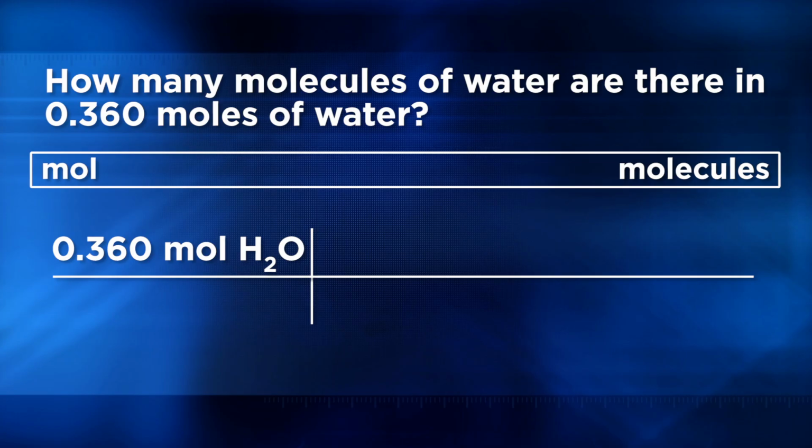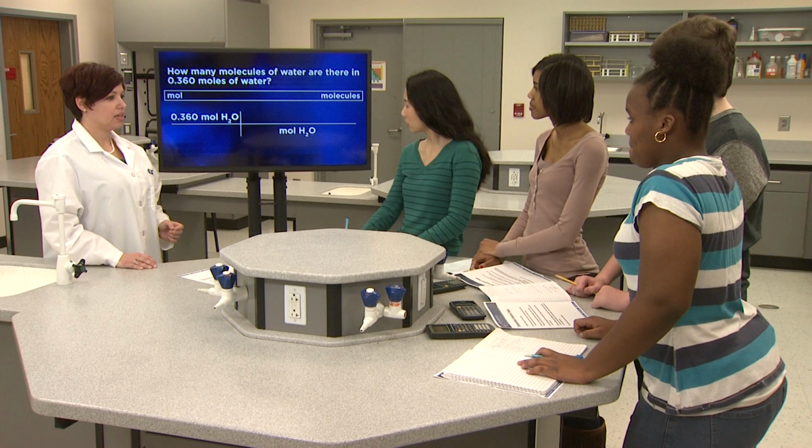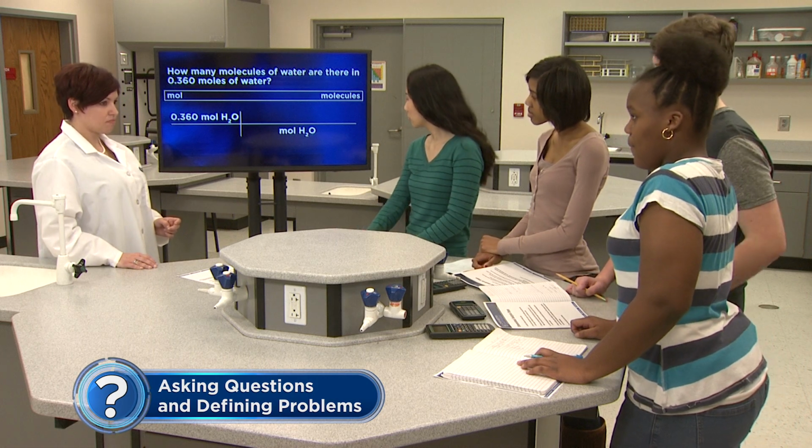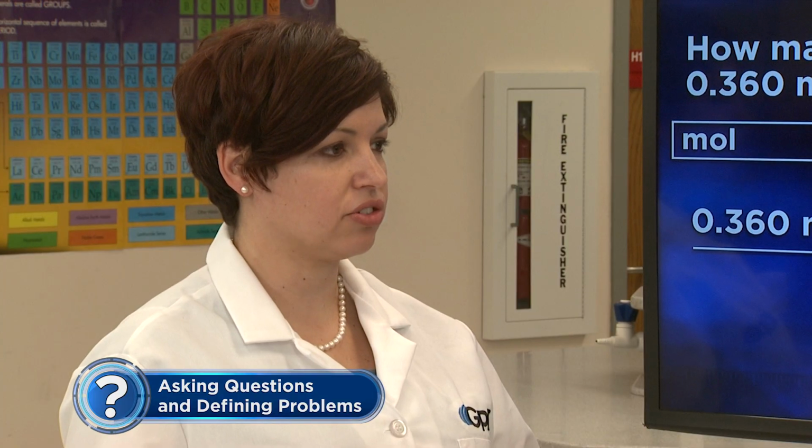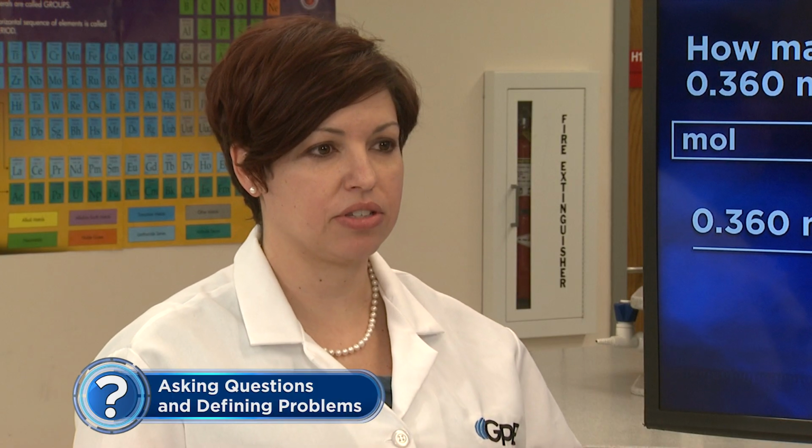Let's see. We need to let the units guide the conversion, so we need to write the unit, moles of water, in the lower right. Exactly. Now, we want this next column to be a conversion factor, right? And remember, conversion factors are just equivalent statements written in fraction form. We need to convert to molecules, and we have moles. Is there an equivalent statement for those?